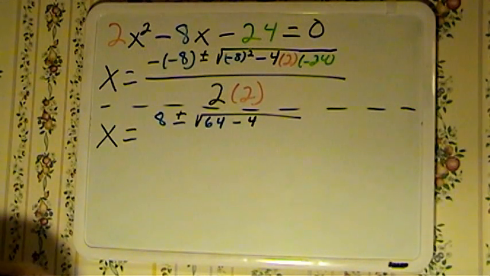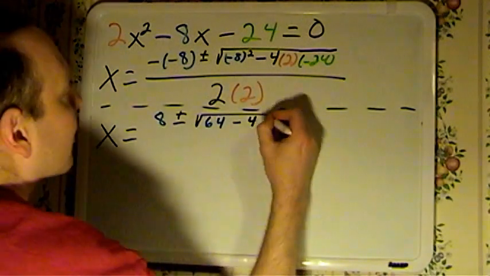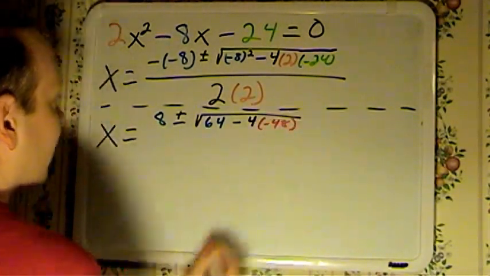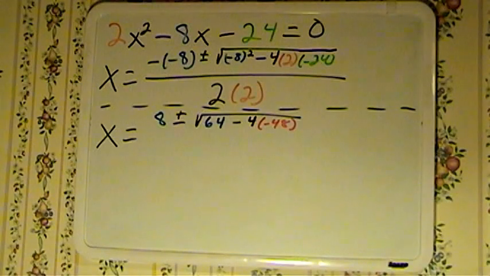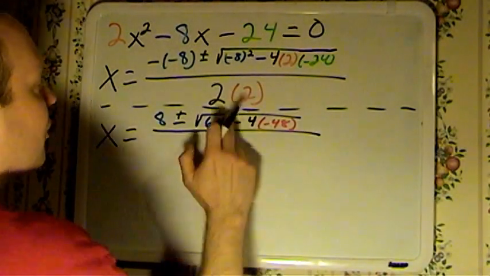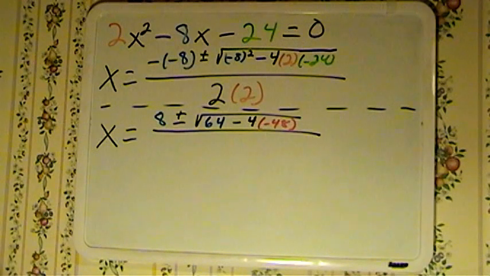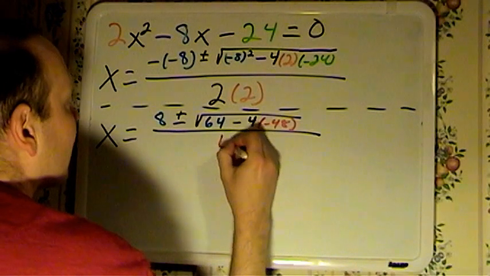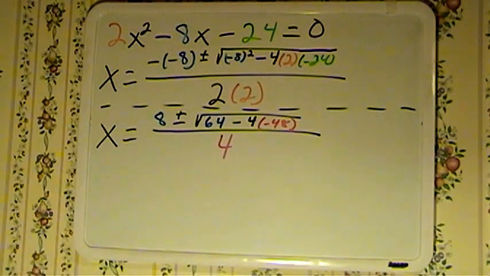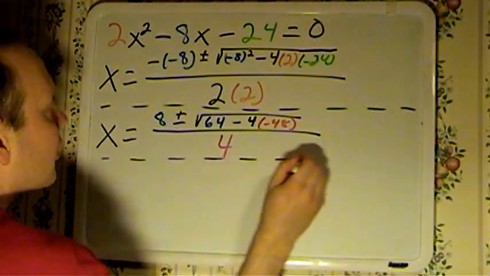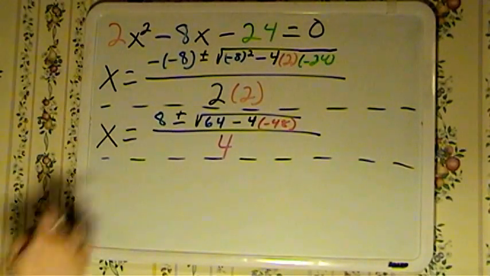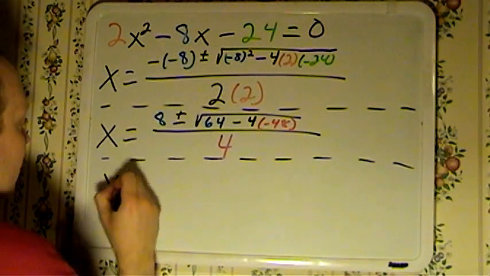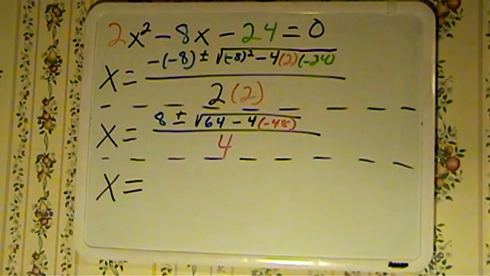And since those are combined, I'm going to give them a nice bright new color to go under. And again, you could go ahead and combine all this, but I'm doing it step by step. 2 times 2 is 4, and since those numbers are now combined, I'm going to give it a new color too. Okay, so next step. Like I said, you can actually combine these two steps I'm about to do, this one and the next one, but I'm just doing it step by step to try and keep everything as clear as possible. So we bring down our 8,